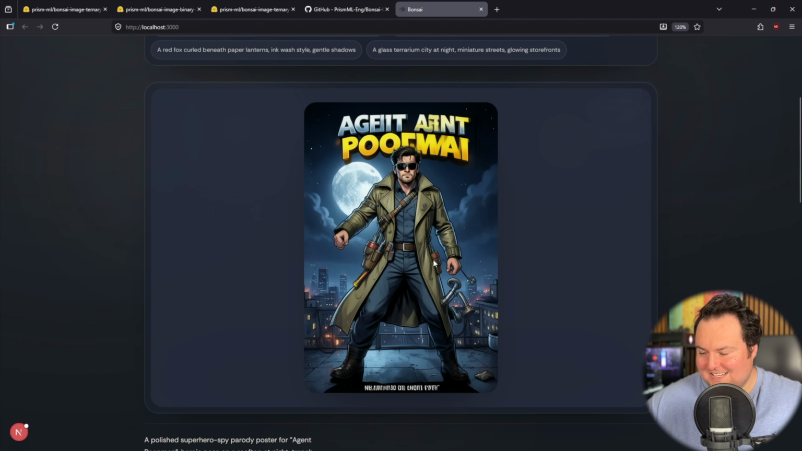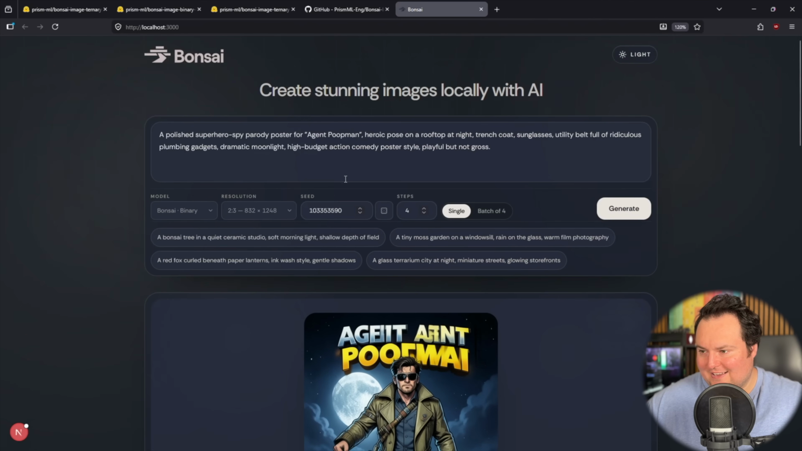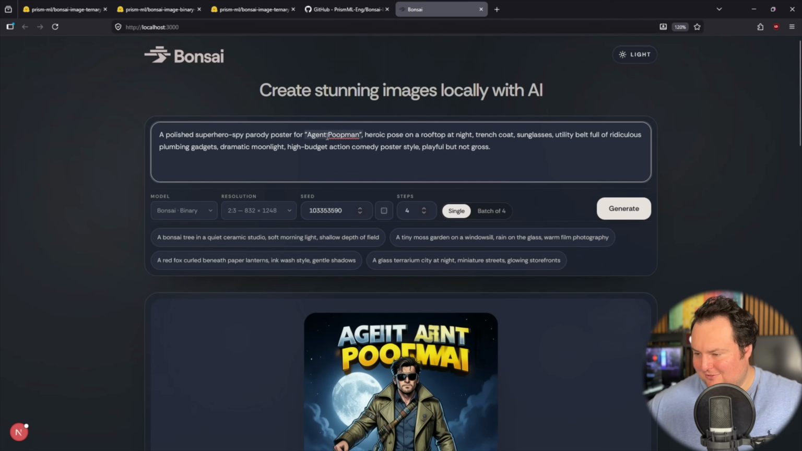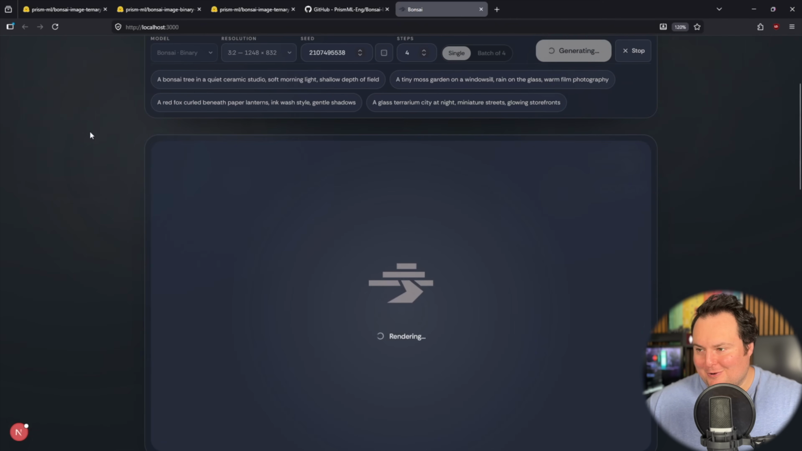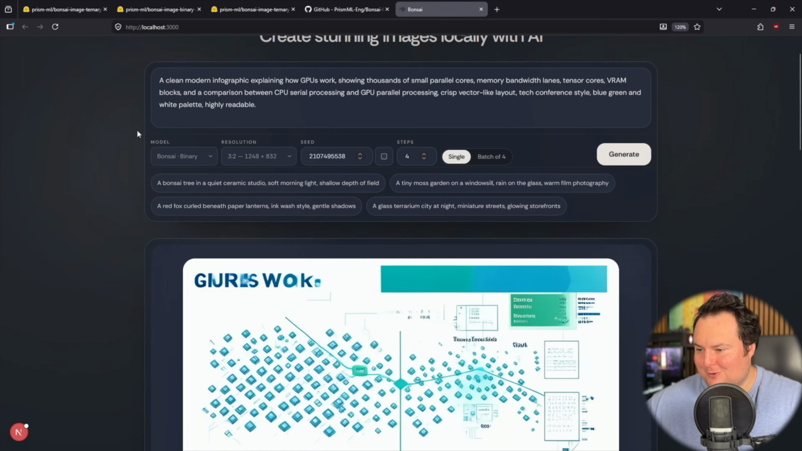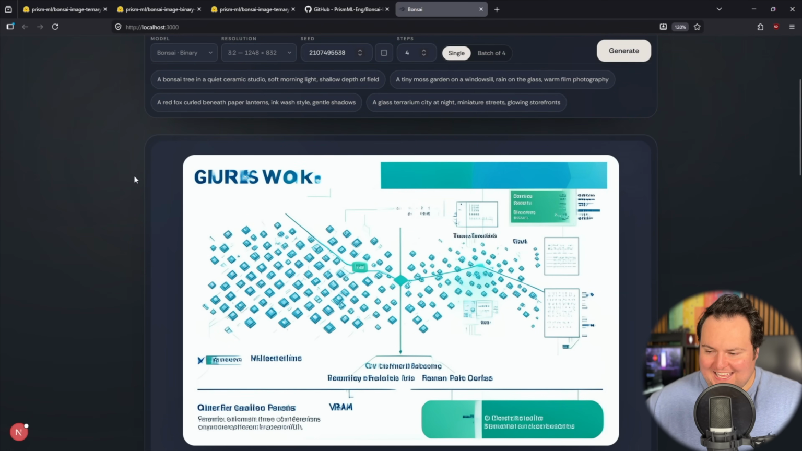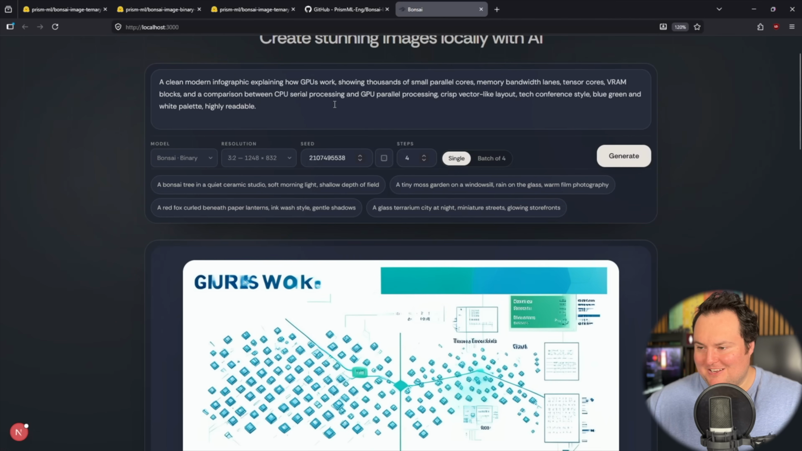I like it. It's actually like, if we were to remove all the text and things like this, these would be almost passable. Let's now try something that's just totally out of scope, a clean modern infographic explaining how GPUs work with a, yeah, okay, so it got the overall shape of what one would expect for this, but again, this is a prompt that is massively